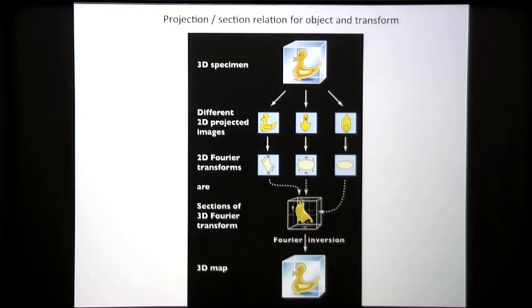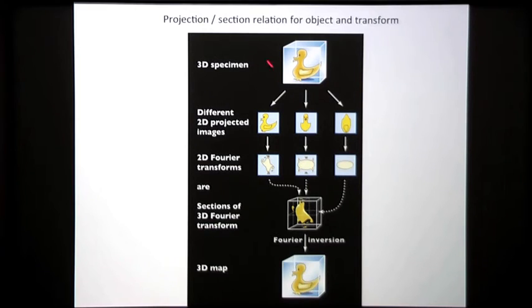And the last of these picture slides about Fourier transforms is this projection-section relationship, which I mentioned had been exploited by de Rosier and Klug in their phage tail paper. What this says is that if you have a three-dimensional specimen, a 3D duck rather than a 2D duck now, and you take different projected two-dimensional images, so it's like you've put your duck in the electron microscope and you're collecting two-dimensional projections of the duck,